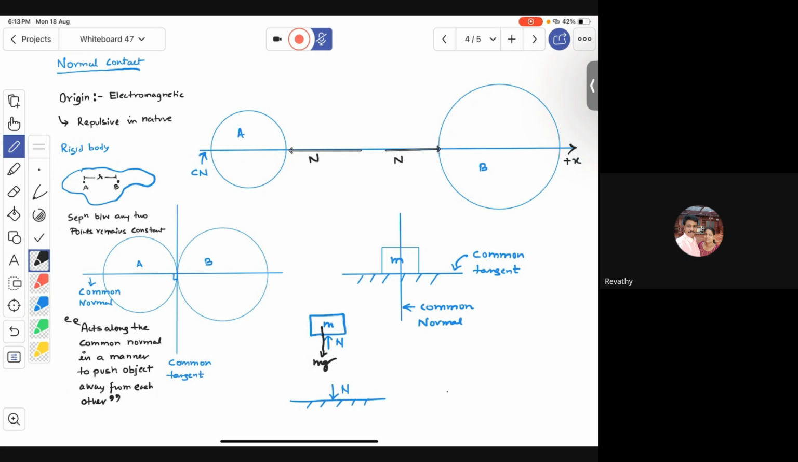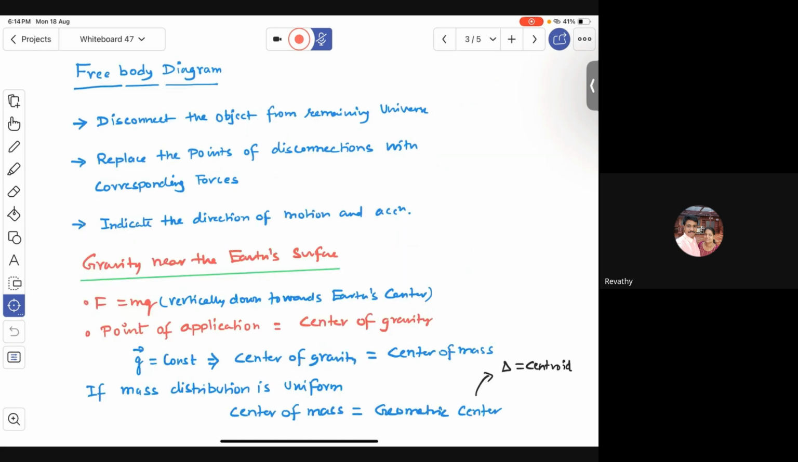Correct. So what I have really done is disconnect this block from the remaining universe, which is having contact with just one thing, this surface. So I have disconnected it from this surface. Whatever force was acting at the point of connection with the surface, I'm writing that. I'm disconnecting the object, replacing the points of disconnection with corresponding forces, and indicating those forces. And